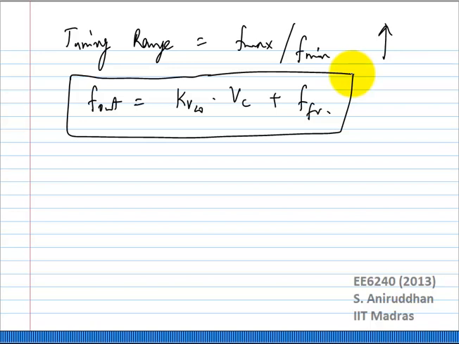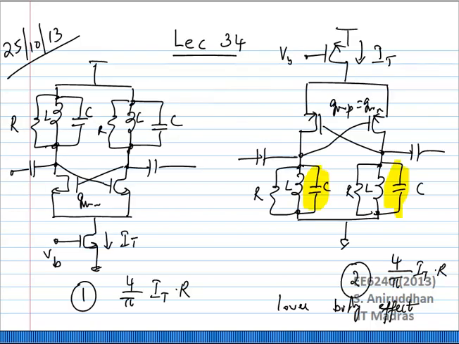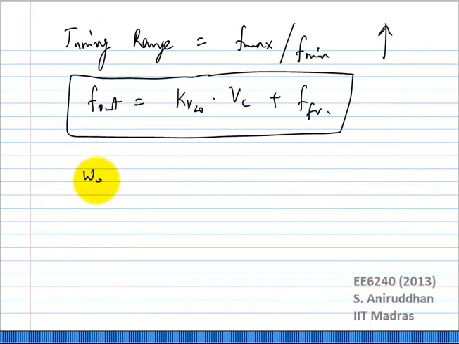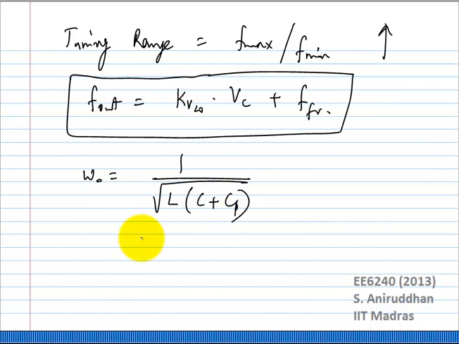So far, in all the oscillators we have seen, they are all fixed frequency oscillators. We have said omega naught is 1 over root LC. Right? Let's go back to our cross-coupled oscillator. What is the frequency of oscillation? Omega naught is 1 over root LC. Correct? In this particular case, coming back to the point I was trying to make, it is not just 1 over root LC, because you have parasitic capacitance from the transistors. So the actual frequency is omega naught equals 1 over root of L times C plus Cp, where this is